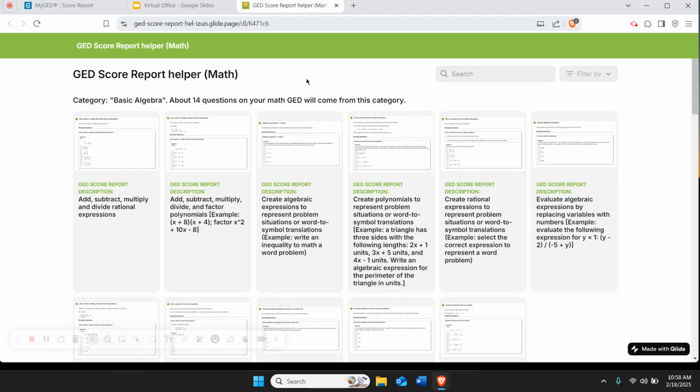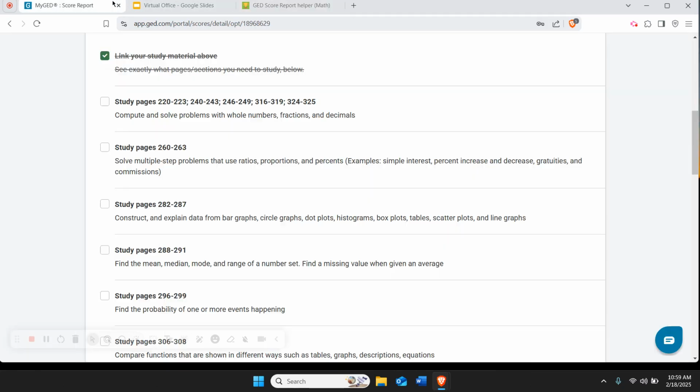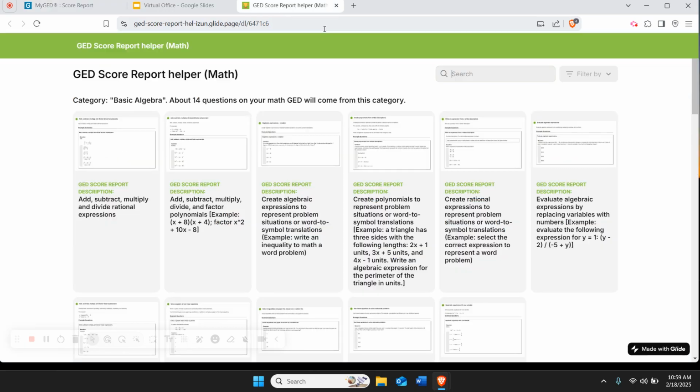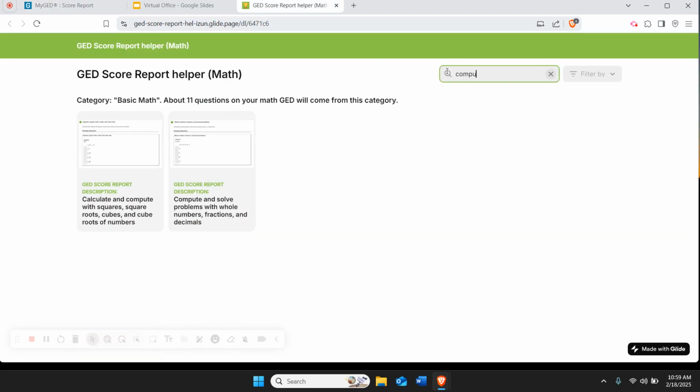So if we go to the score report helper, we can see that this website is very simple. It's very easy to use, which I love, because some websites are kind of complicated. This one's pretty easy. So what you'll do is you'll go to the search bar up here, and you will begin typing in that skill, compute and solve problems with whole numbers, fractions, and decimals. Compute. Okay, so I've only had to type two words, and the first skill popped up. So I'm going to click on the skill,